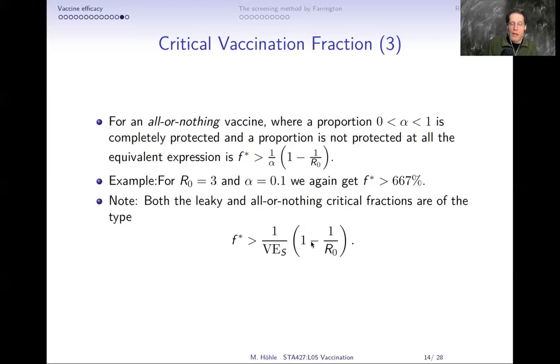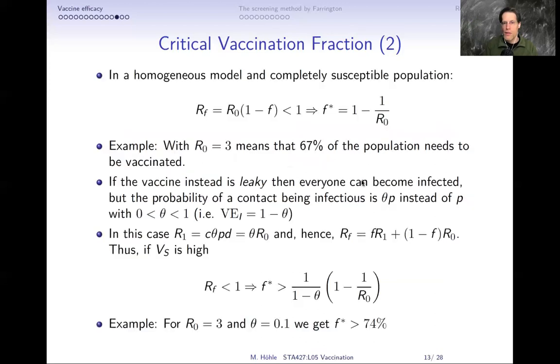And this 1 minus 1 over R naught was also, in the very early stages of the COVID-19 epidemic, propagated as the level you have to reach in order to achieve herd immunity. And herd immunity was important at this point because there was no vaccination. It was: this is what you need in order to have a reduction because of herd immunity. And then, of course, this percentage here is something like 70%,